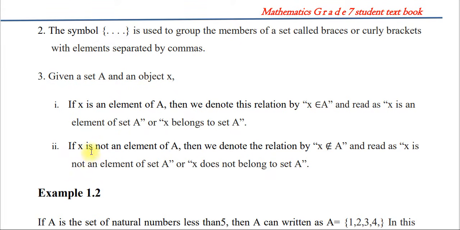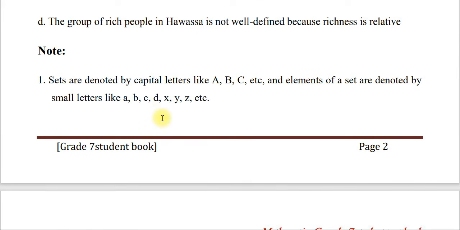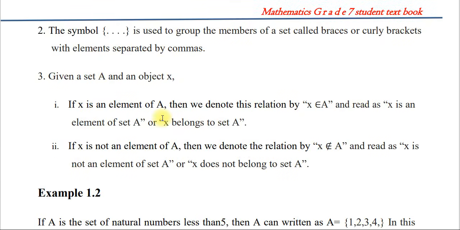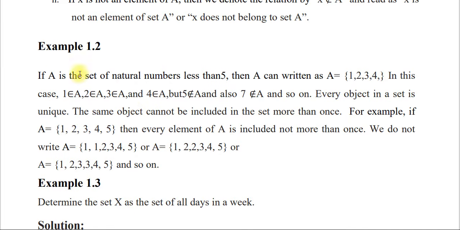ሁለተኛ if x is not an element of A, then we denote the relation by x is not an element of set A. Okay, እንዴት ነው የሚነበበው? x is not an element of set A ብለን እናነበዋለን። or x does not belong to set A ብለን ማንበብ እንችላለን ማለት ነው። ስለዚህ እዚህ ጋር የተጠቀሱ ኖቶችን ማወቅ ያስፈልጋል ማለት ነው።